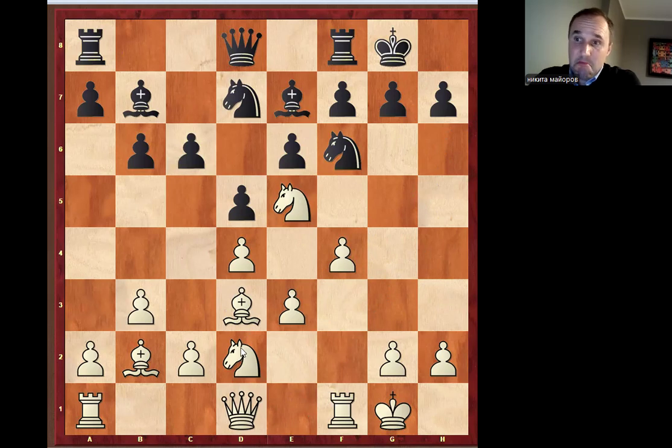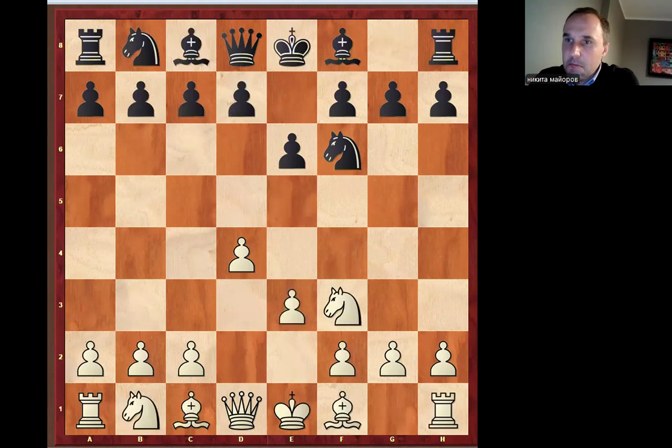So, yeah, I saw a lot of games at the amateur level. A lot of games which were played by my students, that black suffered a lot in this system. I don't know why, but so what to do? How to deal with this with black? And this is my recommendation. There are a lot of good options for black, but I recommend you to play, for example,